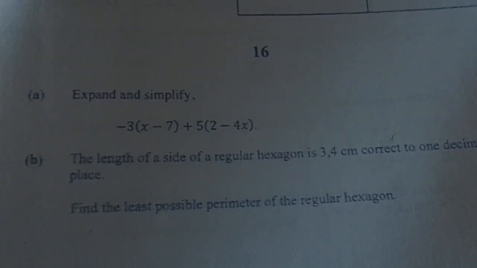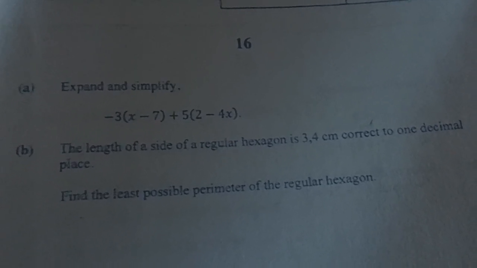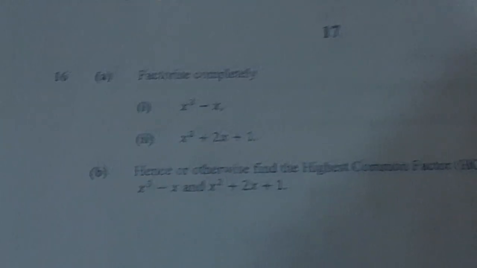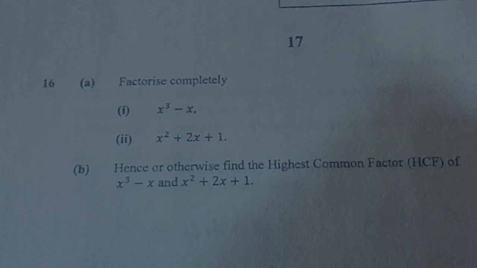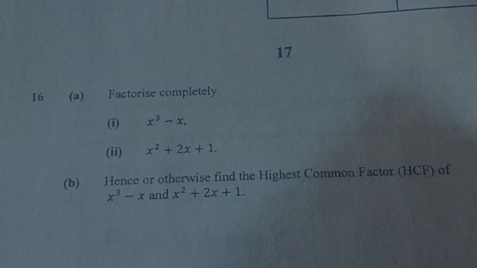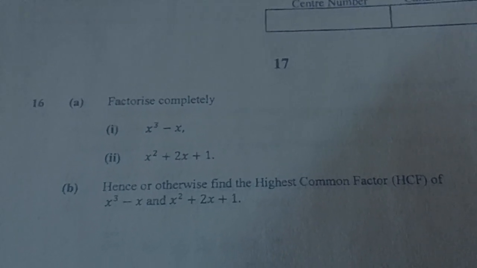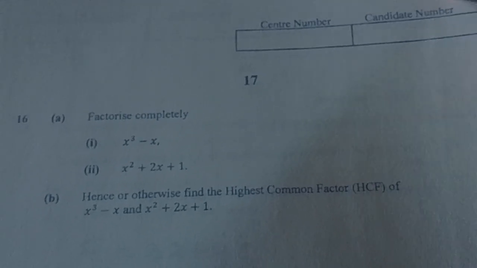Right. Number 15, we are going to do number 15. Right, that's our number 15. Express and simplify that, the length of that, find the least possible. We are going to do number 16, because I no longer have enough light in here. That's number 16. I'm going to post a video on the continuation, right? But you do it for now. Then compare it with my answers. Or let's discuss it in the comment section.